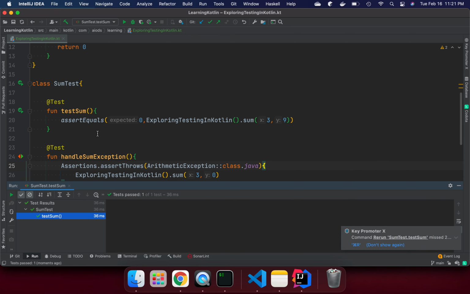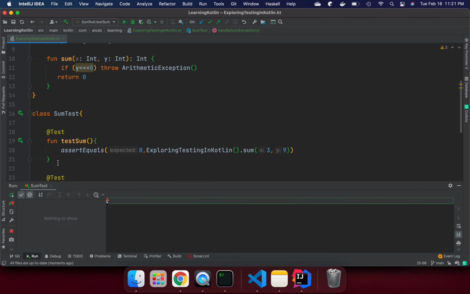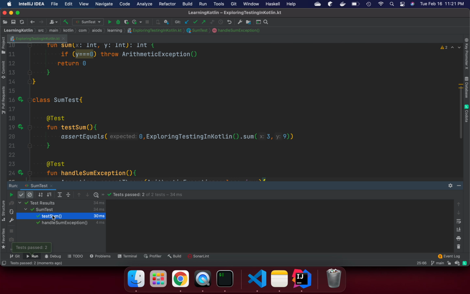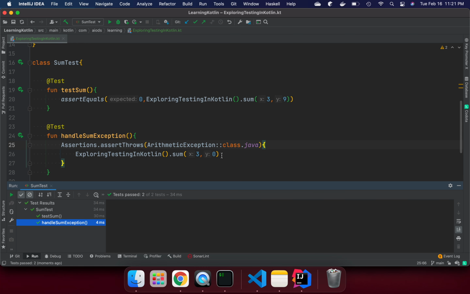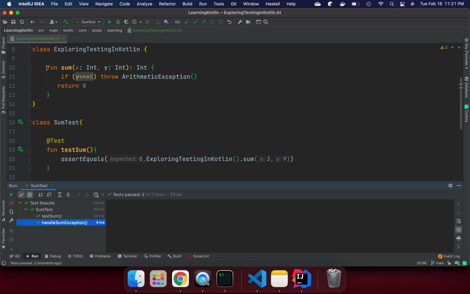Now let's run from the class level, from this class itself, so that it covers both test cases. Now we can see test sum is working perfectly fine, and handle some exception is also working. We are able to handle the exception if we pass this y value as 0. So this is like test driven development. We should try to make this method work as expected, whatever behavior we expect. Suppose we are saying sum, so sum should handle all the cases. If something goes wrong with a value, that can be some exception we need to identify here, or we need to handle everything we are expecting from a method.